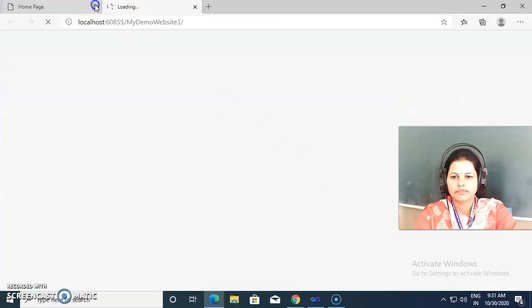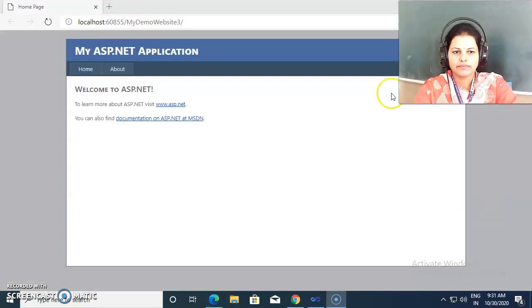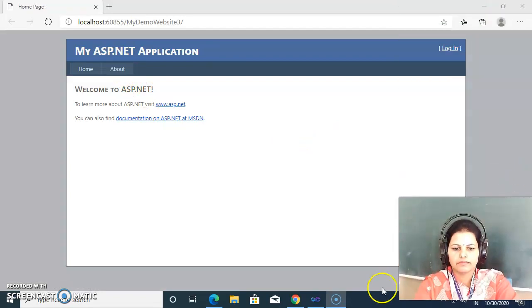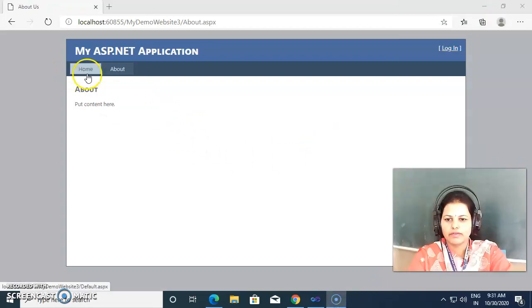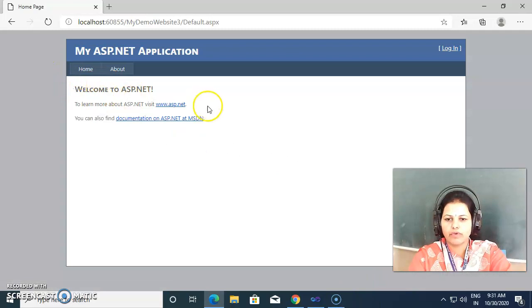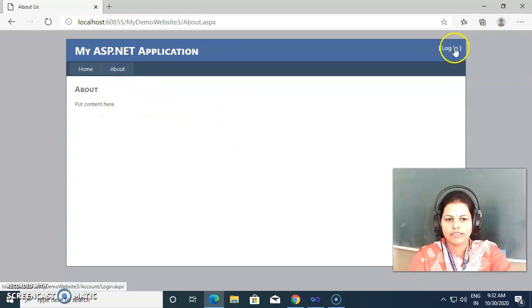running this application. So see here, these are the contents of home and these are the contents of about, and this is a login, but we don't need this login functionality. We may add our own functionality for login, so we remove this functionality from our project